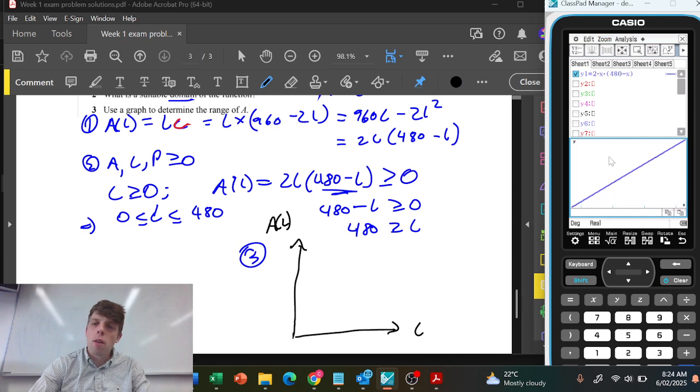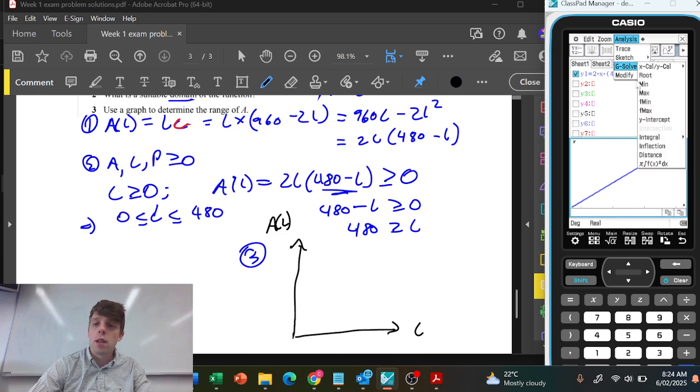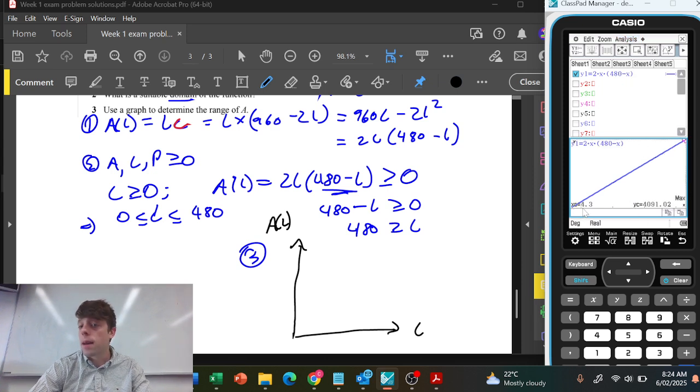Well, we're trying to find what the maximum of this parabola is. So where's the peak of it? We can actually find that using the analysis tool. We can go analysis, gsolve, fmax. That'll take us to the function's maximum. And it is telling us down the bottom here that the function's maximum will occur at 4.3